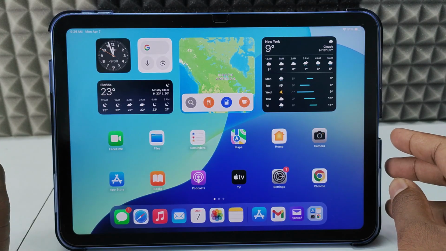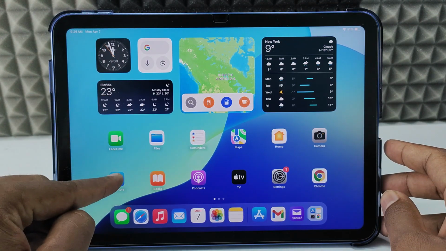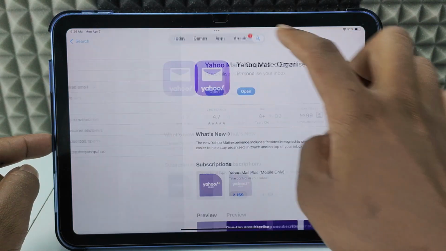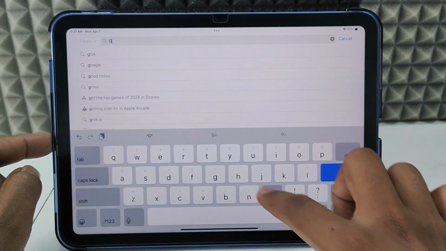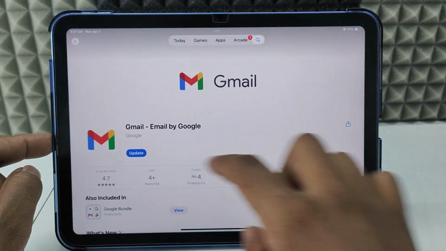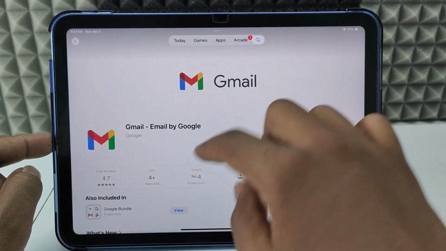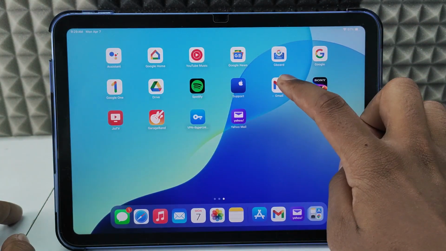If you want to add your Google account on Gmail app in iPad, first open App Store and just click here and just type Gmail and open this, and first install this Gmail app on your iPad. After installing the app, just open the Gmail app